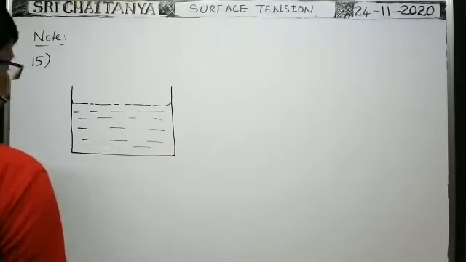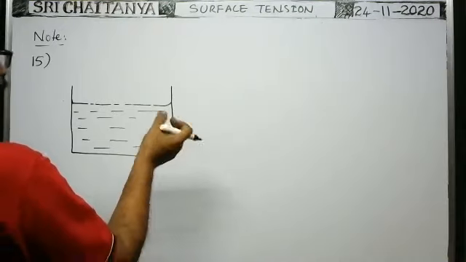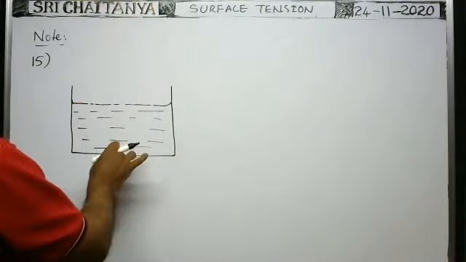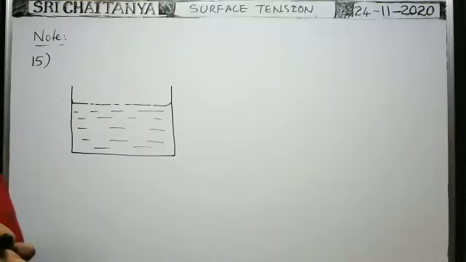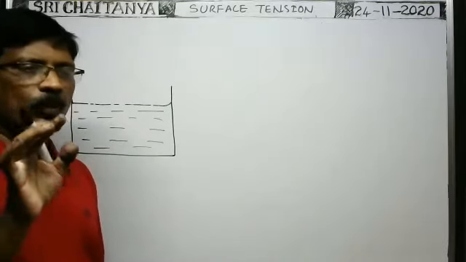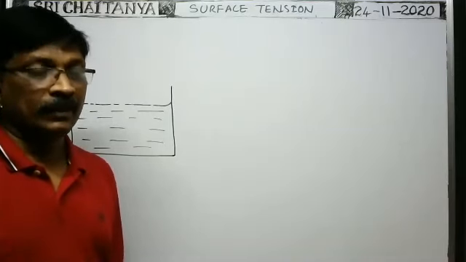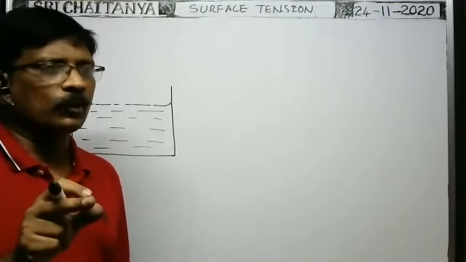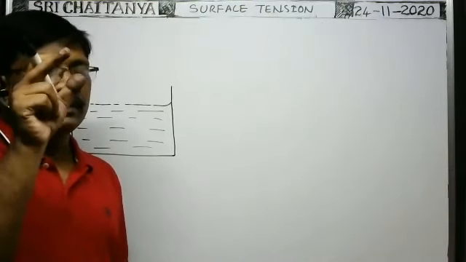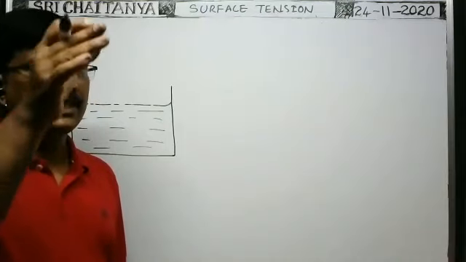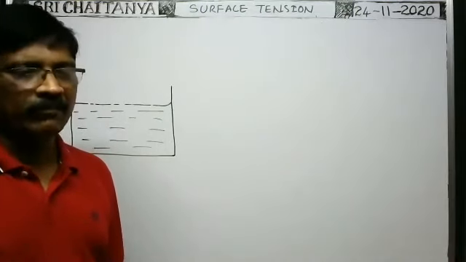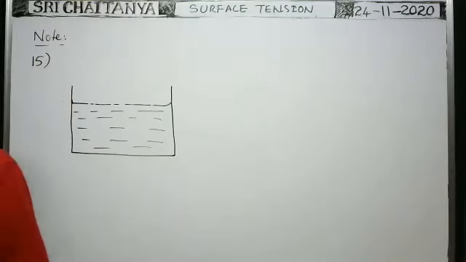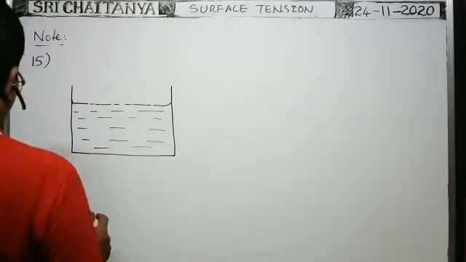Generally, a glass capillary tube has the same bore, the same or uniform area of cross section. But here, the glass capillary tube is in the form of a truncated cone. Truncated cone means the radius of the bore in the capillary tube changes linearly with length. In such a way, a capillary tube is taken, which is called a truncated cone.